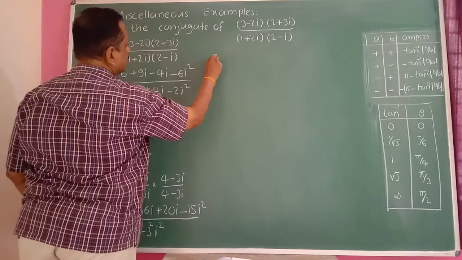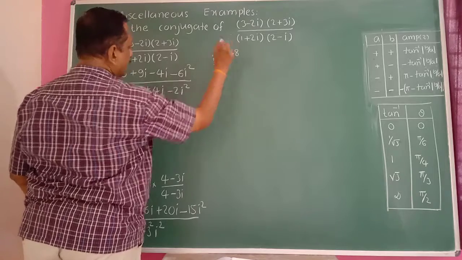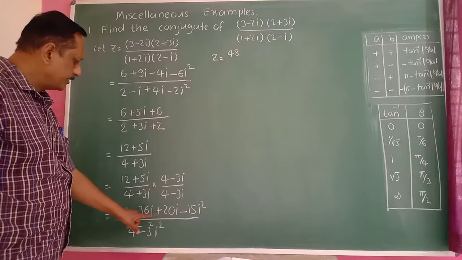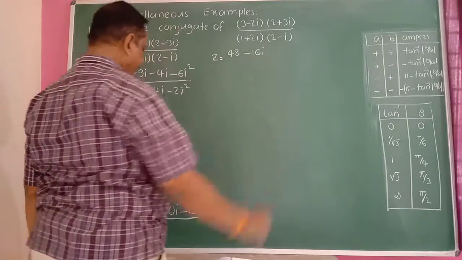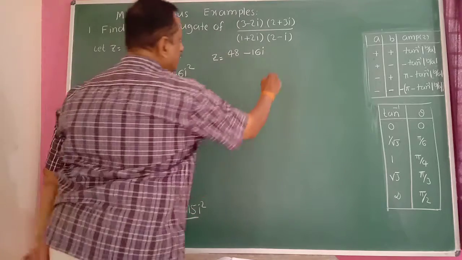Therefore, here z is equal to 48 here. Then minus 36 plus 20 gives minus 16i. Minus of 16i. And i square is minus 1 here. Minus into minus plus. So plus